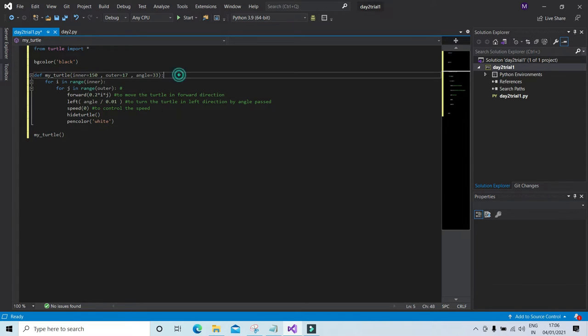And now, last but not the least, we'll be noting what inner and outer are.